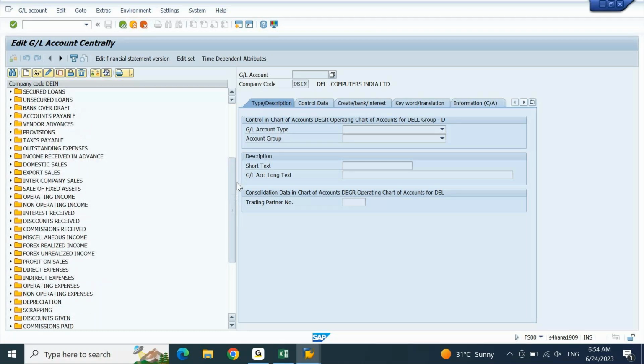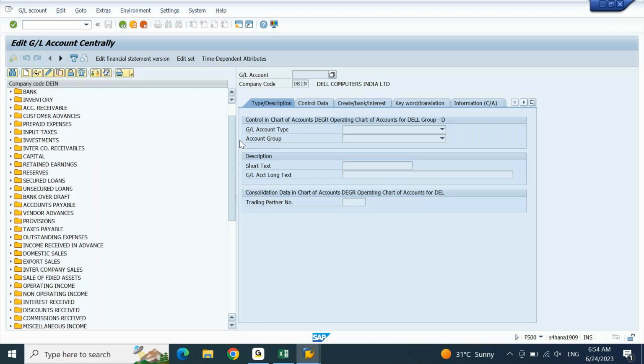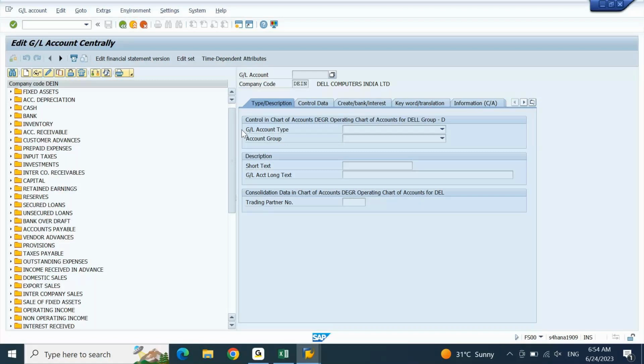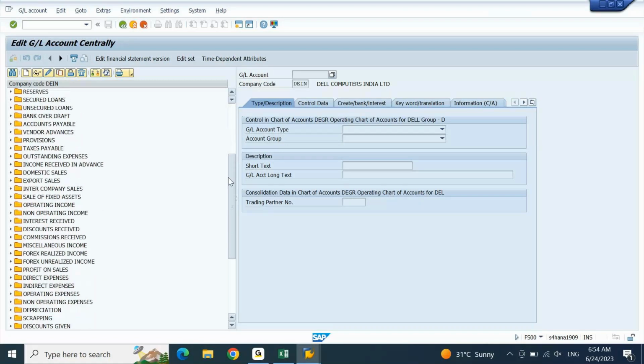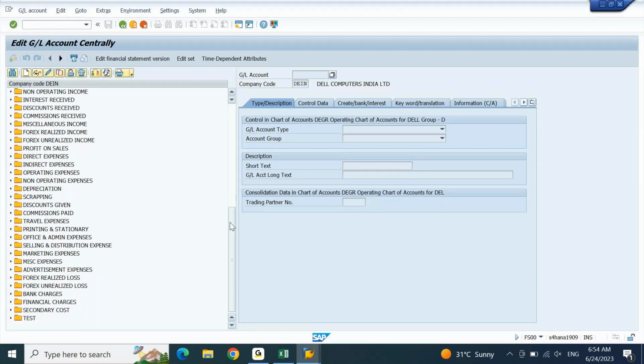Let's check the group you have created. Which group? The technical clearing account you have created in asset group, fixed assets. No. We have one dedicated account group for technical accounts. The initial migration, whatever we did,